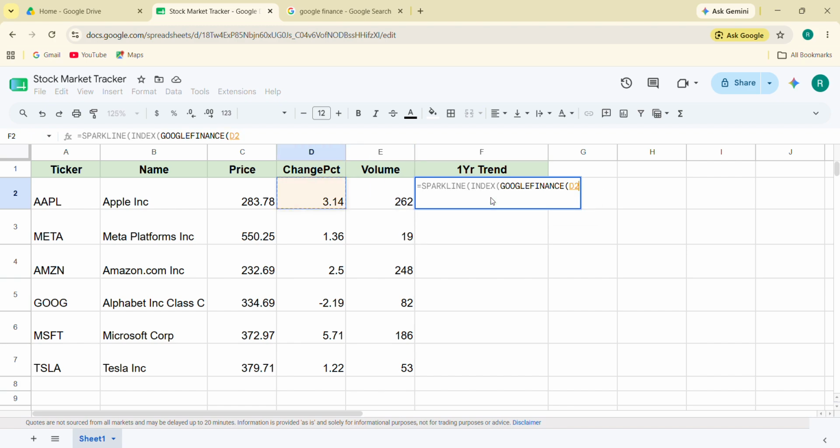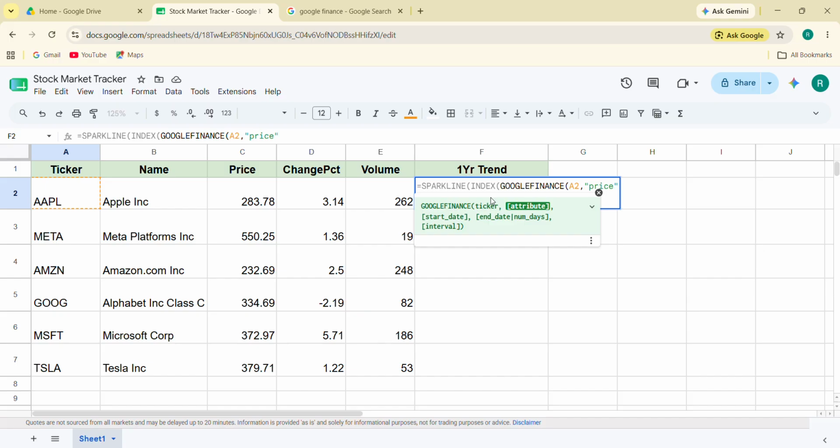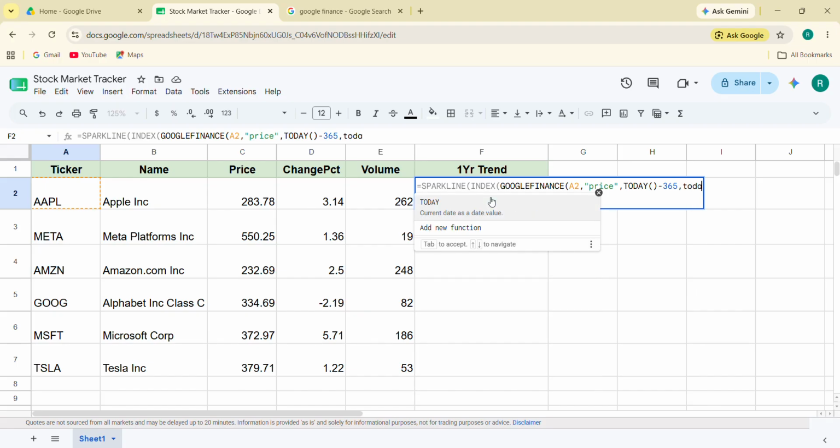First, I have to select the ticker, and then the second attribute is price. So I'll write in inverted commas price. Then I need the share price from 1 year ago. So TODAY minus 365, comma TODAY, bracket close,